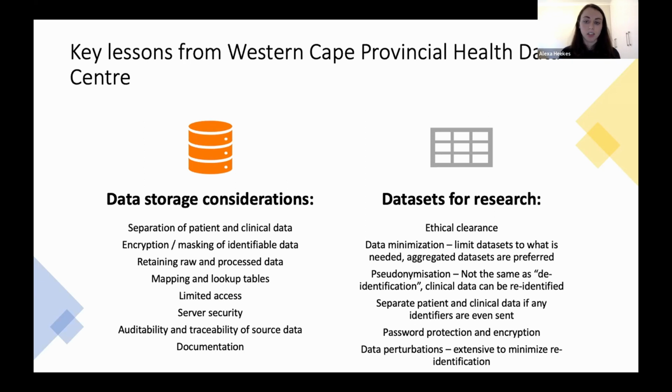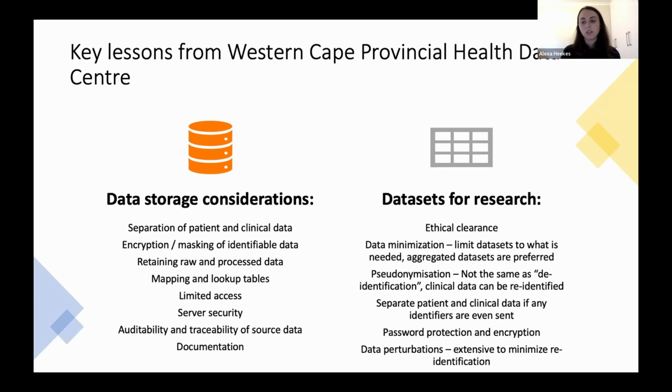Firstly, it's data minimization. We always need to limit data sets to exactly what is needed, and if possible, only share aggregated results. Because when it comes to clinical data, it's really, really hard to de-identify it. Most people, when they refer to de-identification, what they really mean is pseudonymization, which is really just removing the patient identifiers, and that's not enough. With enough access, you can quite easily figure out who a patient is just based on how many times they gave birth, or what their exact lab result was on a given day, because very few people will have the same